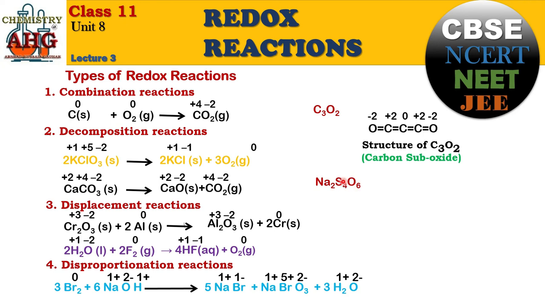So what will you do? Sulfur must be +10, but we are having 4 sulfurs. +10 divided by 4. What should be the oxidation number of sulfur in this case? It should be 10 divided by 4, which is +2.5. Again a decimal value, so it means this is incorrect. What will we have to do? We will have to write down the structure of the tetrathionate ion, S4O6. It is known as tetrathionate.